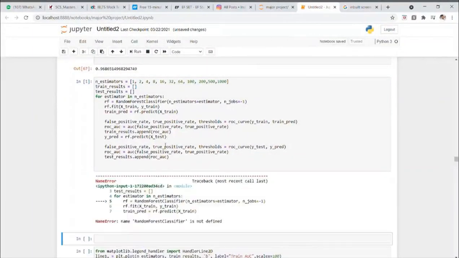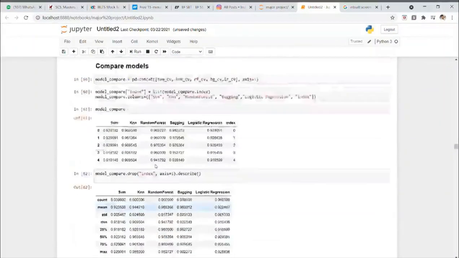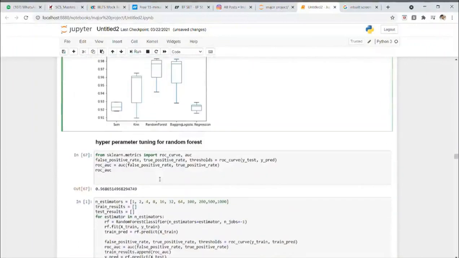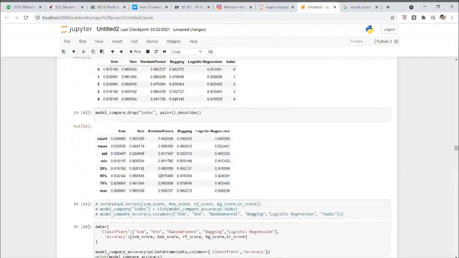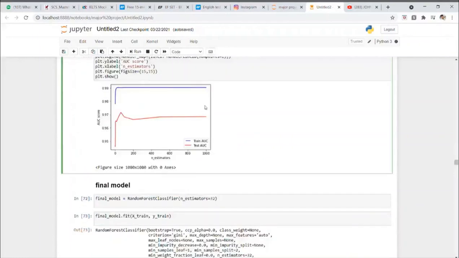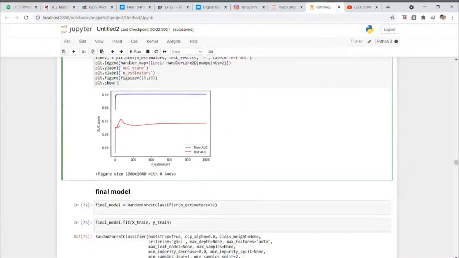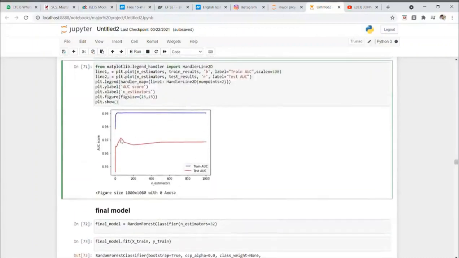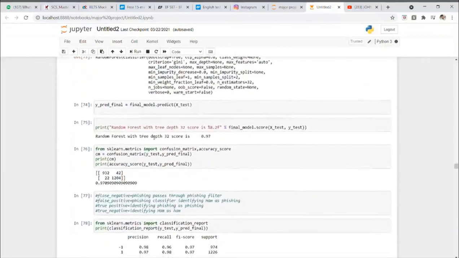So when I'm executing this, this is the AUC graph, and we can see there is a peak value here. So I have built a random forest classifier with the number of estimators at this value. I have taken 32 estimators, and with that the random forest accuracy is 97%, and this is the